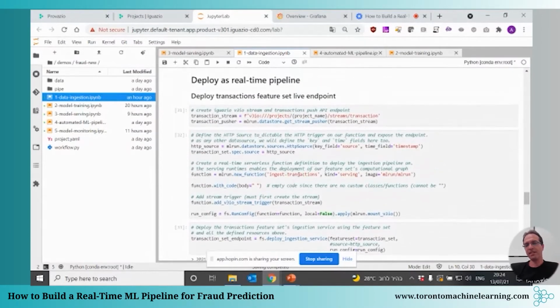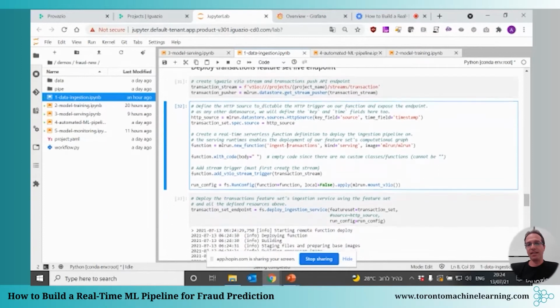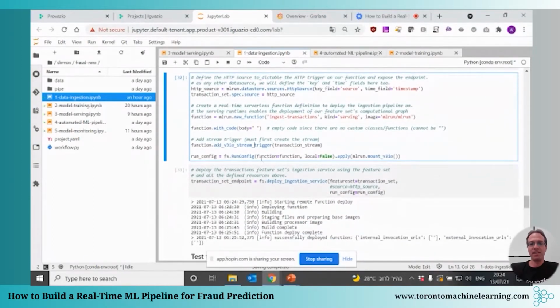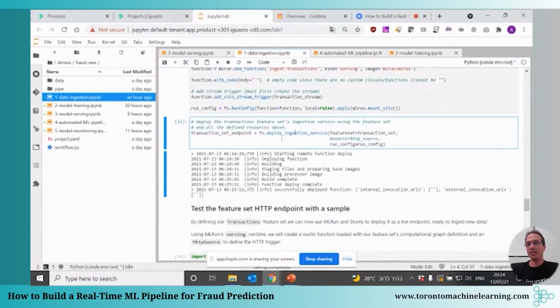So I'm using a built-in function to do the serving. So we're defining the source. It could be HTTP in this case. We have this built-in function for serving the data. And then we're adding the stream trigger as part of the function, the serverless function. And then we're running the deploy ingestion service with that feature set, with the transaction feature set. This is the only thing that I need to do.